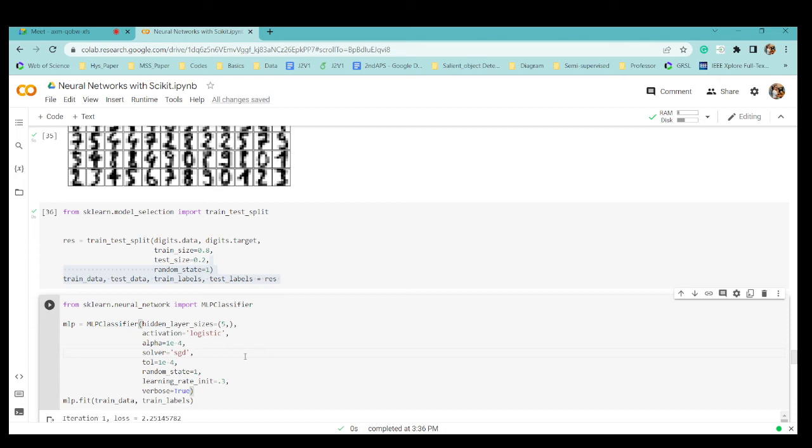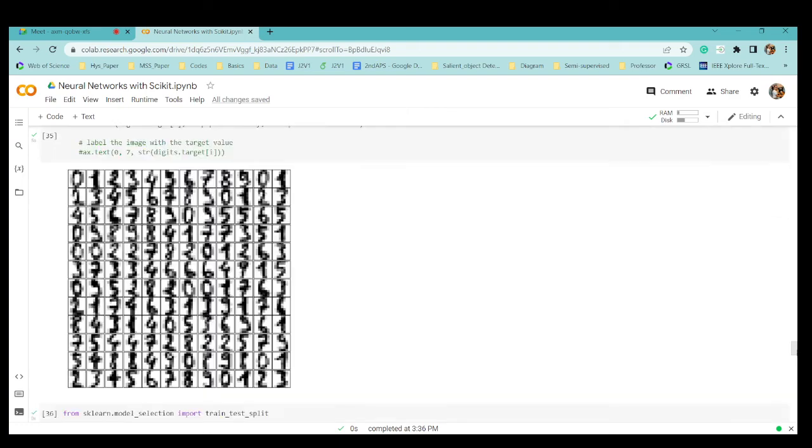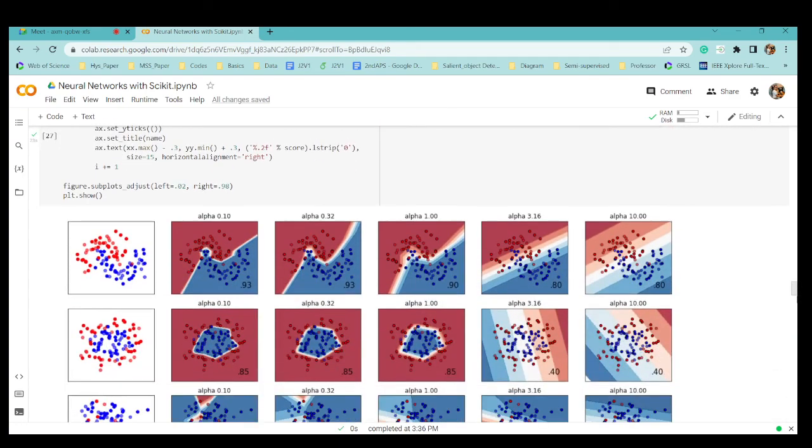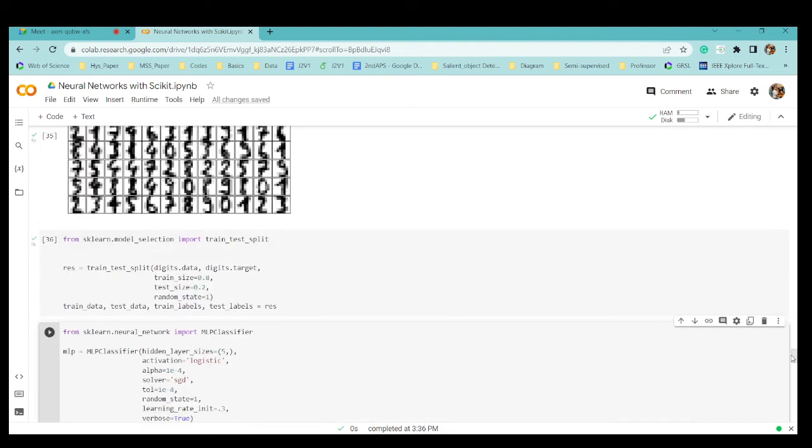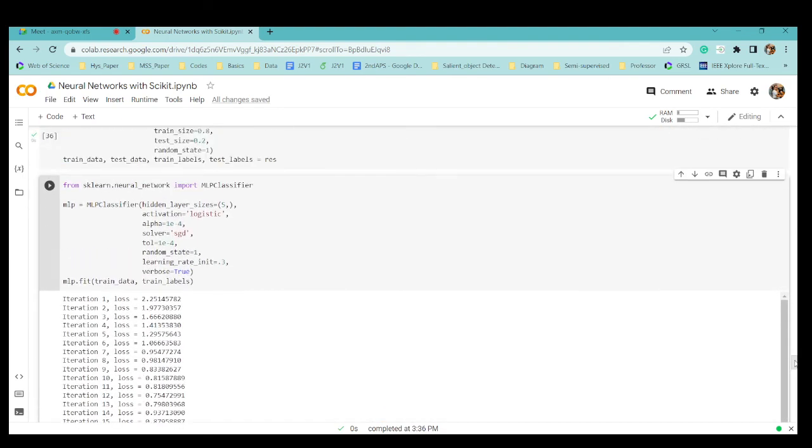Non-linear is, if I go back, this kind of data set, which you can see, is non-linear. It cannot be separated by just a single line, right? To handle these kinds of data sets we need an activation function. So we have taken the logistic activation function. And there are other parameters, like the alpha value, learning rate, etc.